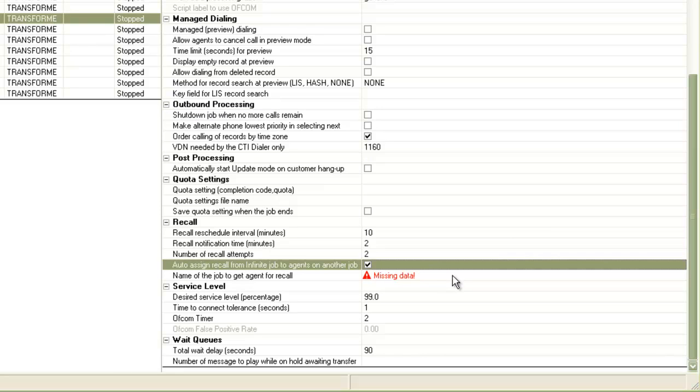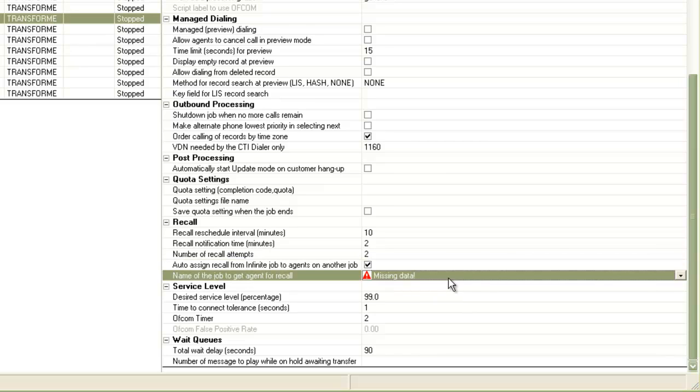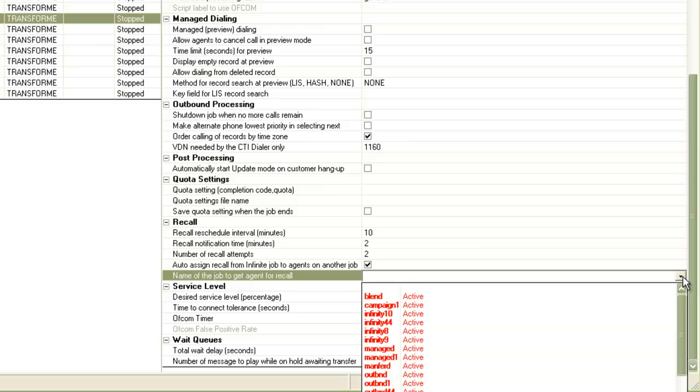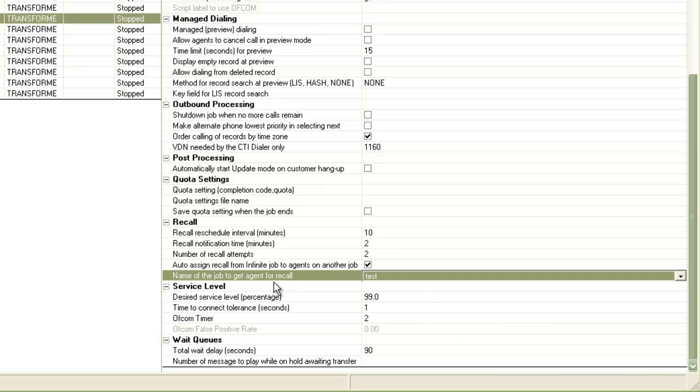So to turn on this, check this checkbox here, and it will ask me for the name of the job from where it can borrow the agents to take the recalls. So I'll click this drop down box here. And let's say I'll choose the job test. Once done, you can save the job, and from the next time when the job runs, it will take these